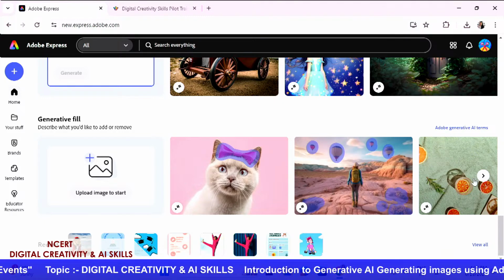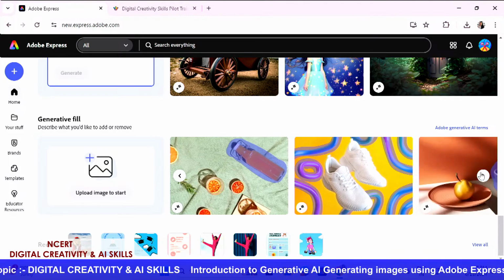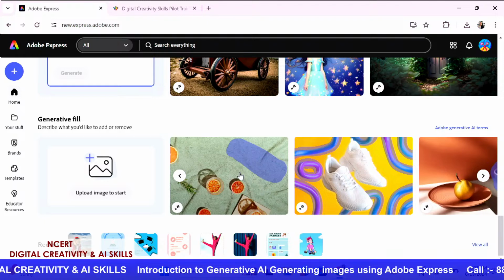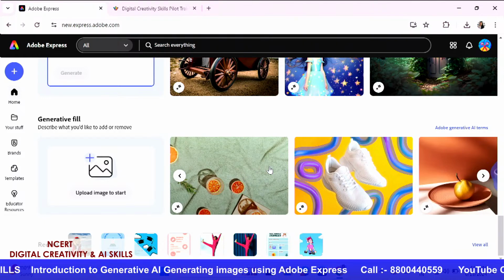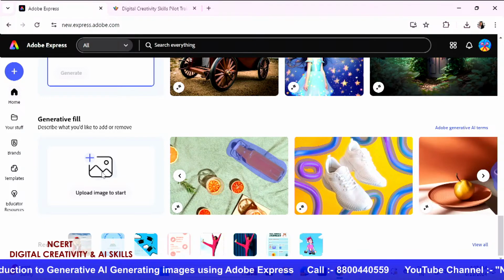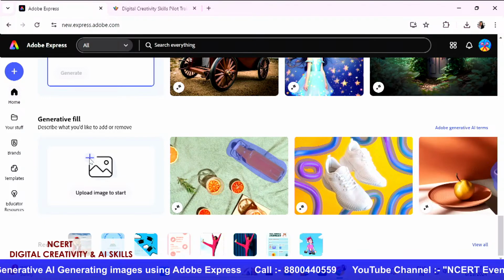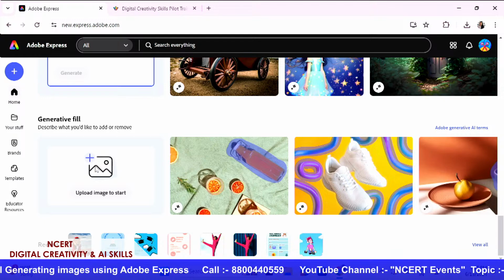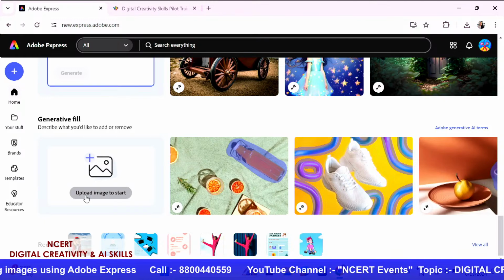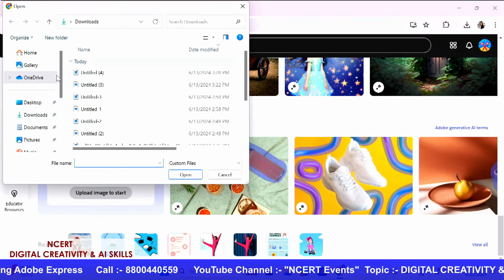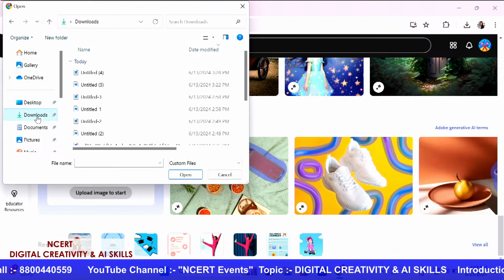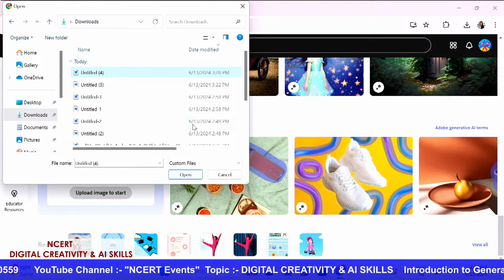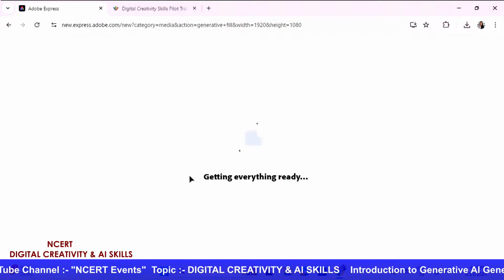And if I scroll to the next picture, there's a juice bottle that gets added when I fill in that space. So I'm going to help you see how we can do that. For that, I'm going to upload an image from my device. That's the first thing I'm going to do here. Once I click upload, I will select whatever image I want to add. So let's see if I have one of the images ready with me.